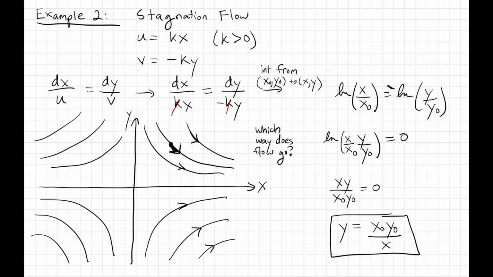Similarly, if x is a negative number, you can work out that the horizontal velocity is negative. So you can assign arrows to the left two quadrants as well. Let's talk about why this is called a stagnation flow. Any point where both velocity components, u and v, are equal to 0 is called a stagnation point. It's called a stagnation point because, well, if the velocity is 0, the flow is stagnant. And so points where the velocity goes to 0 in a flow have kind of special significance